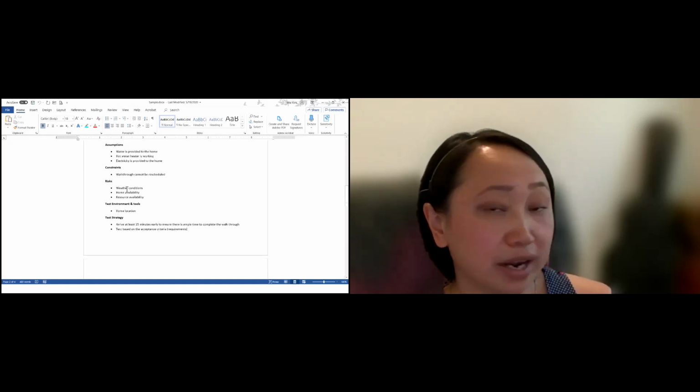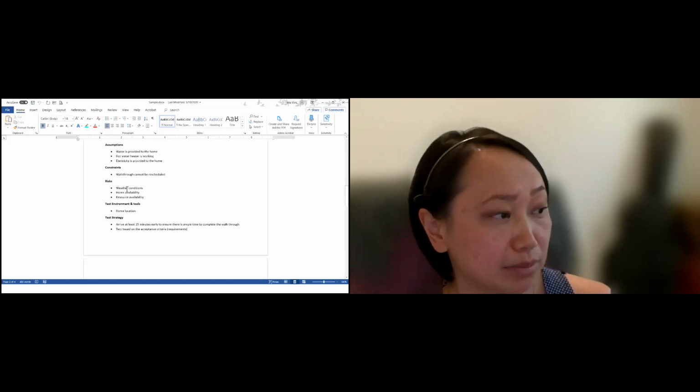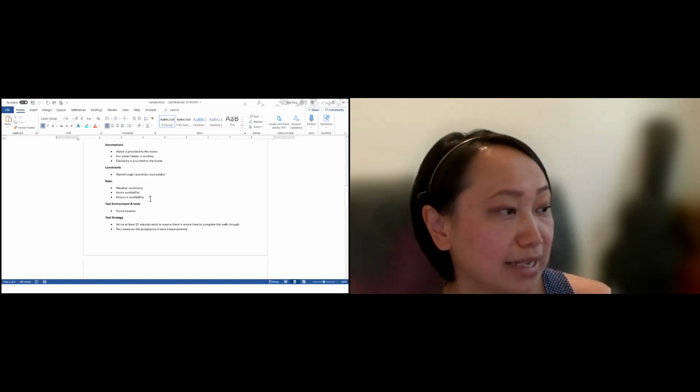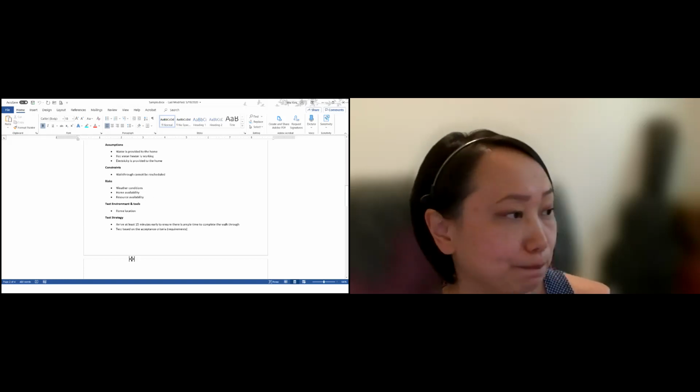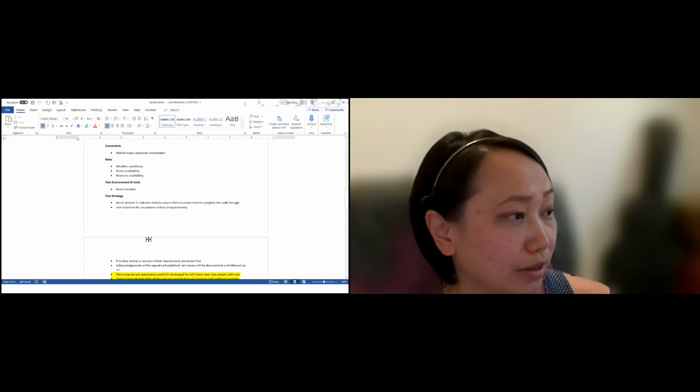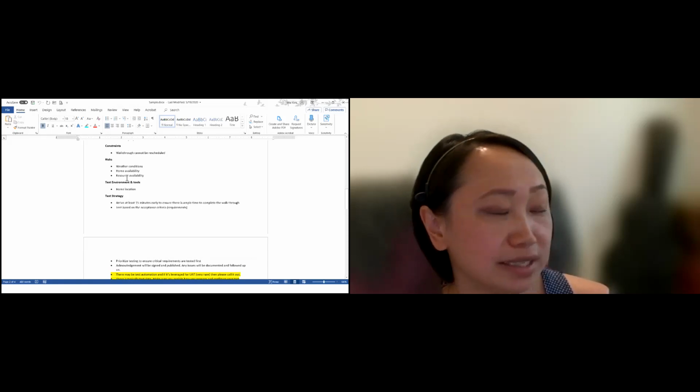There's typically a risk section called out in the test plan. In my case, I called out weather conditions, because that's just something that's out of my control, home availability, and resource availability. Resource availability is definitely something that is typical with testing.